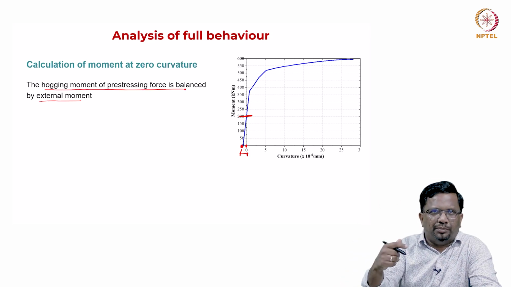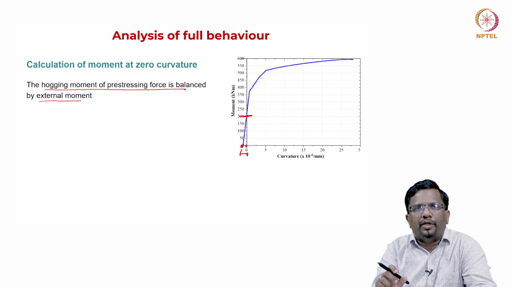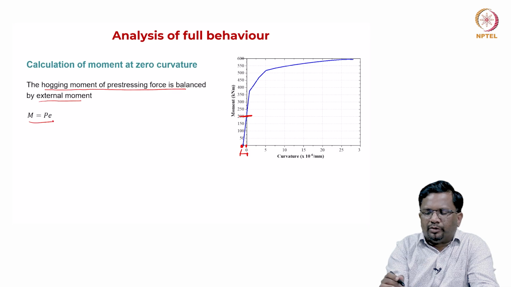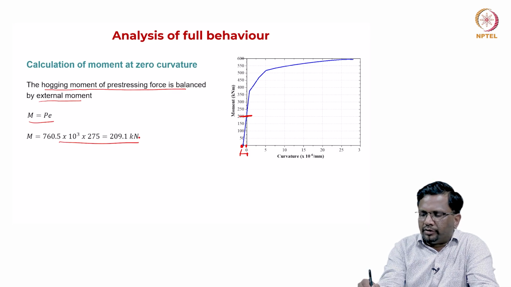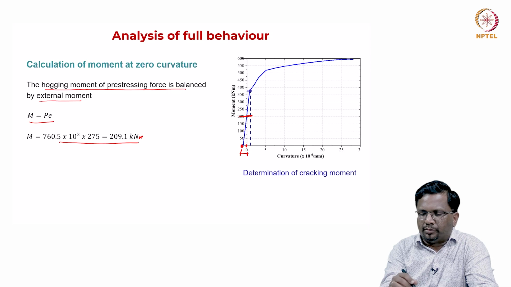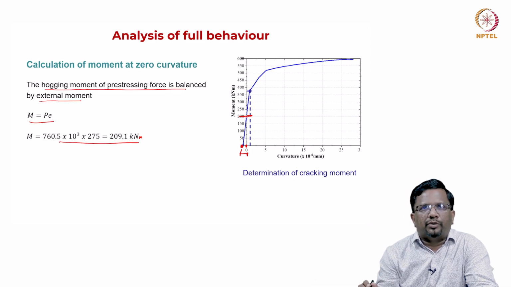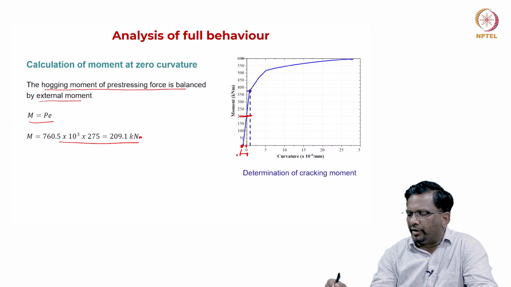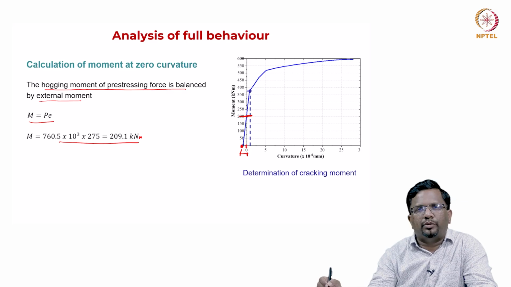It is P into E. It is pushing the beam to rotate in the opposite direction, right. So, M is equal to P into E, and this should be in kilonewton meter. So, this should be the moment. This value will be roughly 209.1 kilonewton meter. Now, we got the initial curvature when moment is 0, and we got the moment that is required to make the